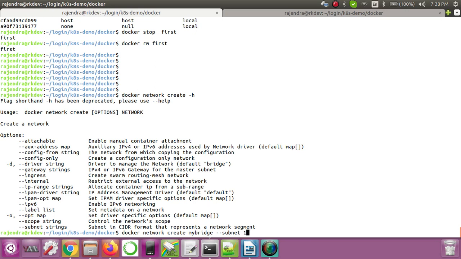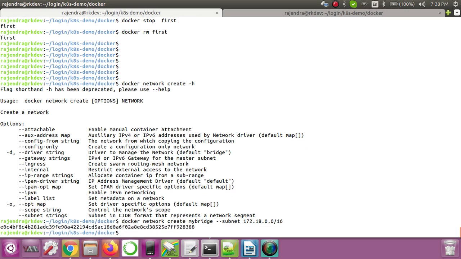For the default bridge the range is 172.17.0.1, so what I'll do, I'll give 172.18.0.0/16. This is the CIDR, so that means some IPs will be assigned as the network address, and some will be host addresses.